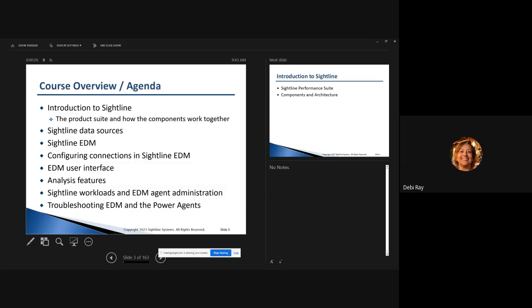So what we're going to look at is the configuration, and then we'll look at the agenda that I mentioned. What are the data sources? How do we connect the data sources? But most of our time is going to be spent on the user interface, and then tomorrow we'll talk about